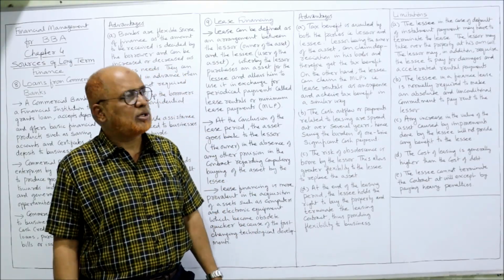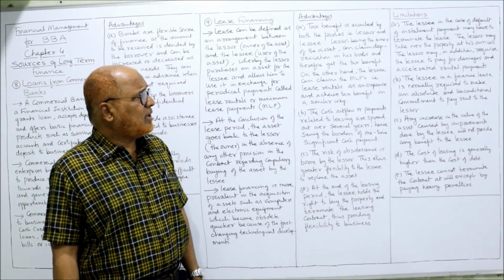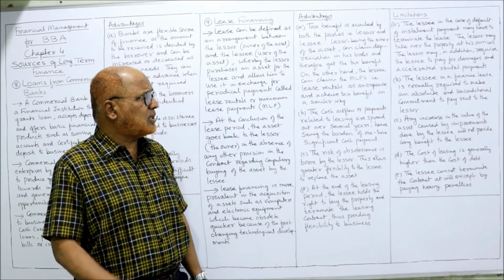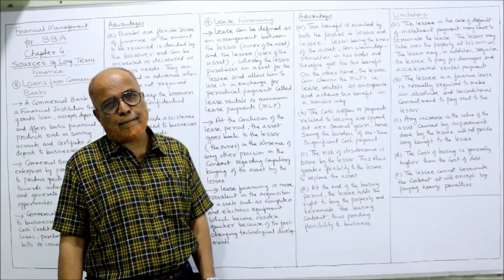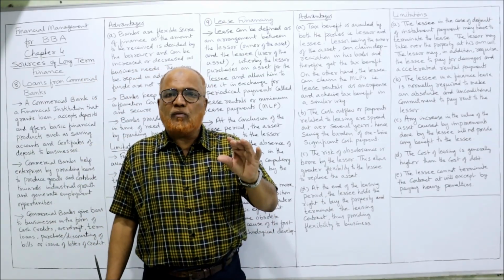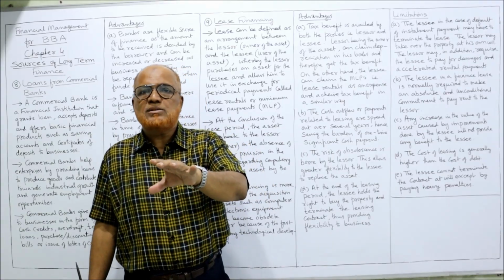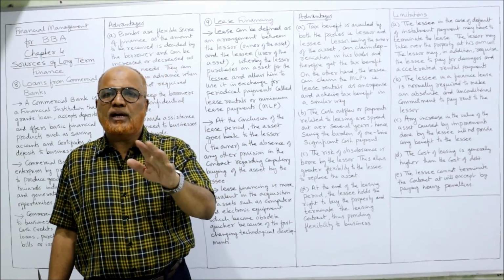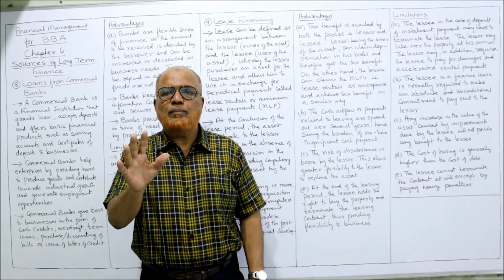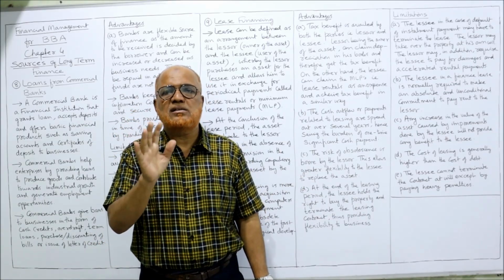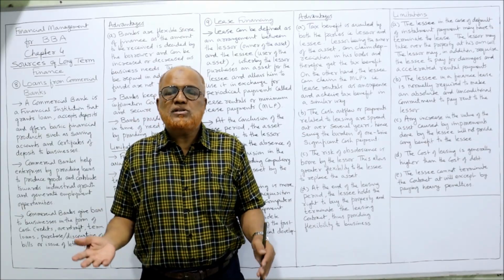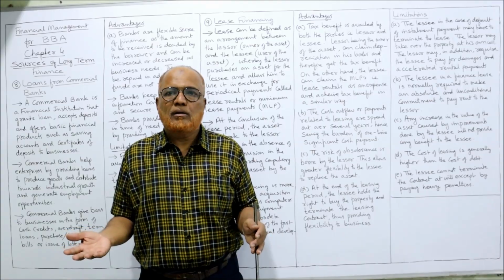That is a limitation. Second one, the lessee in a finance lease is normally required to make an absolute and unconditional commitment to pay the rent to a lessor. Normally, in the lease agreement, one of the provisions is that whether the lessee's business is incurring loss or getting profit, it is no way concerned to the lessor. The lessor will say, you have to pay the lease rental whatever your business conditions are. That means it will become a big burden.